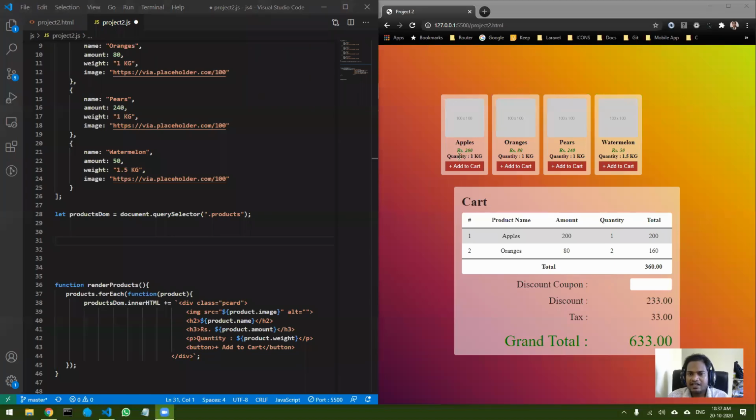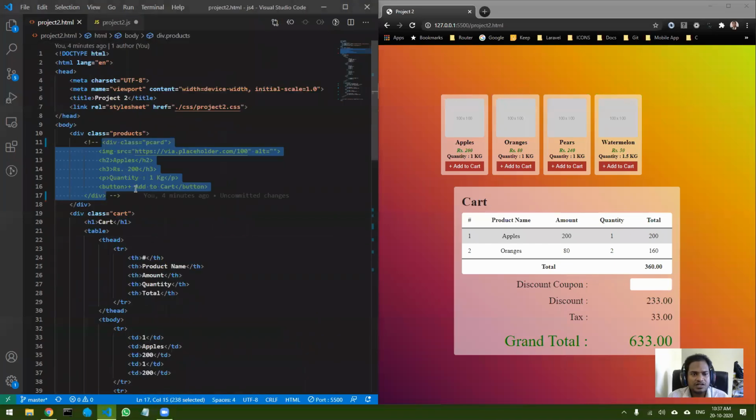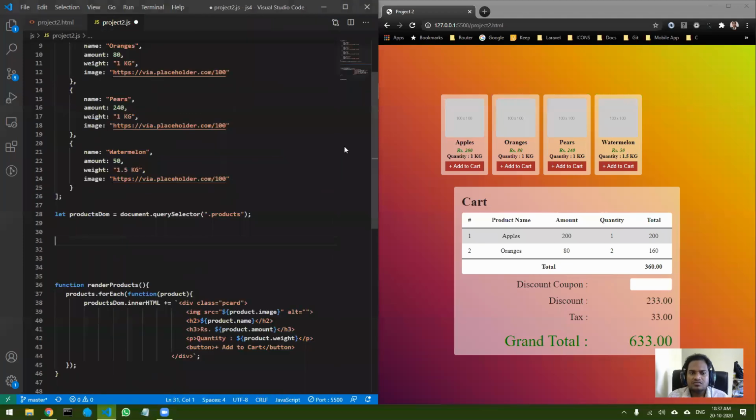If you look over here, there is a button called add to cart. I want to add an event listener to it, so that whenever I click on it, something happens. Let's say hi should pop up. Can anybody tell me how I can do it?